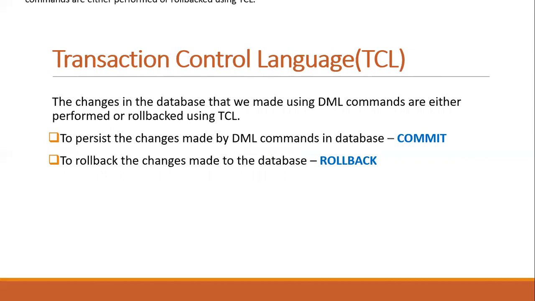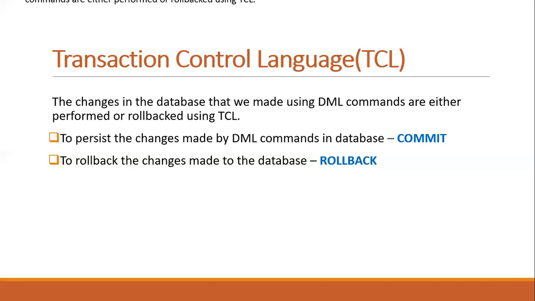The last one is transaction control language. The transaction control language is used to control the transaction on the database, whether changes will be permanent or we need to cancel the transaction conducted. To ensure this, whether the transaction is complete or we need to cancel the transaction or restore the database to its initial position, we have two operations, which are commit and rollback.